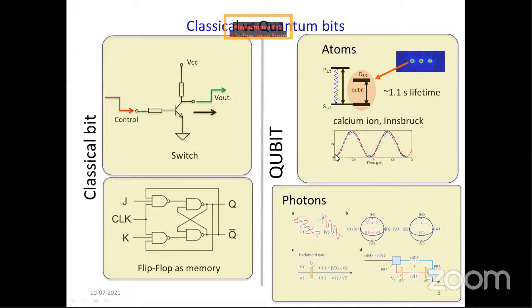For example, the graph here shows the population. If you do many measurements on, say, an atomic qubit or any other qubit, once you do a measurement, you get a definite answer. So if you do 1,000 measurements, and half the times you find the system in the ground state and half the times in the excited state, it means that the population is half in your ground and excited state, and that result is because of a superposition that exists between the ground and the excited state.